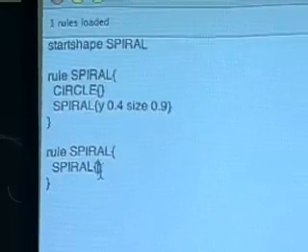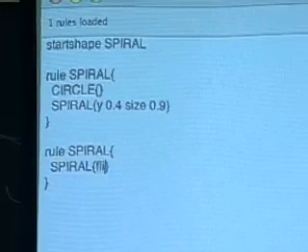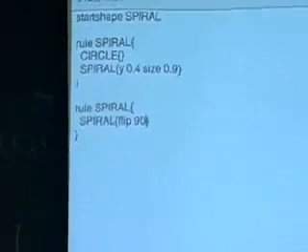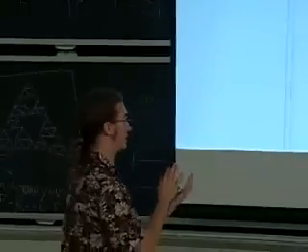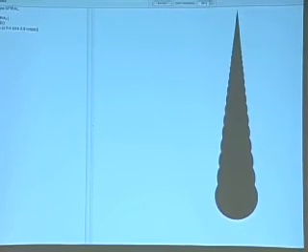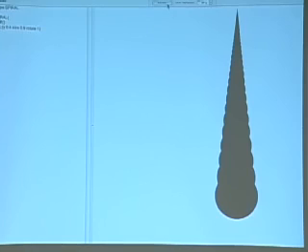So what I'm going to do here is say flip 90, which means flip our frame of reference by 90 degrees. Actually, first of all, before I do this, sorry, I'm going to add a rotation. So rotate 1. Rotate 1 degree each time.